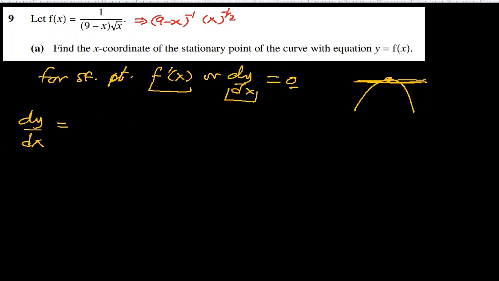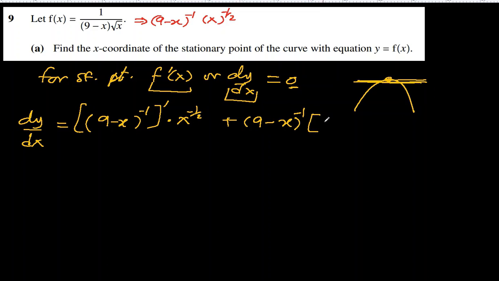So product rule, according to this, we differentiate the first one first. So 9 minus x to the power minus 1, we differentiate this one, but we don't touch the other multiple. In the next one, we keep the first one as it is, but we differentiate the second